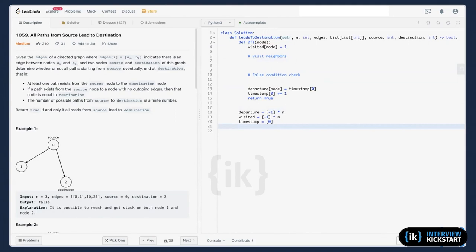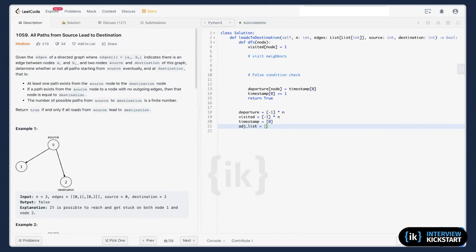I will use an adjacency list for this question, because I don't think I need an adjacency map. I will just build an adjacency list, from a node to its neighbors.